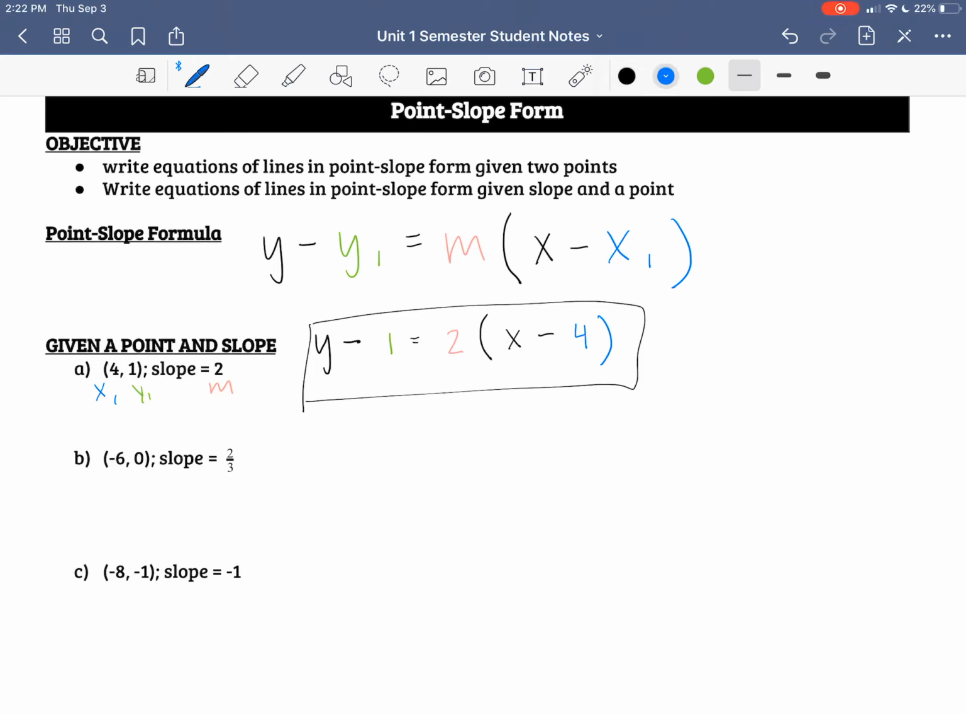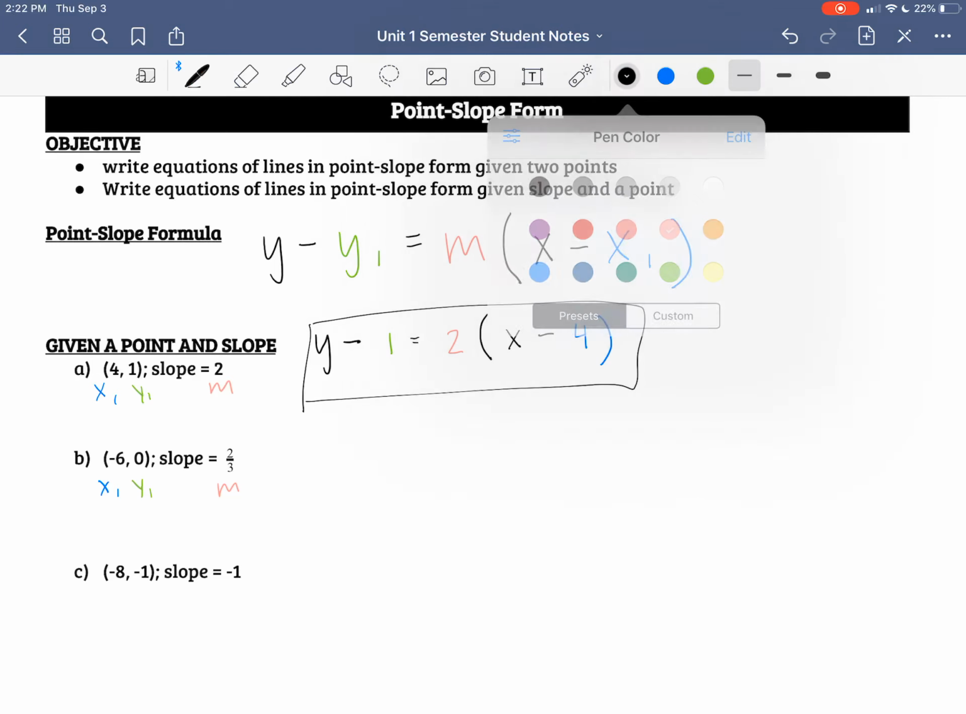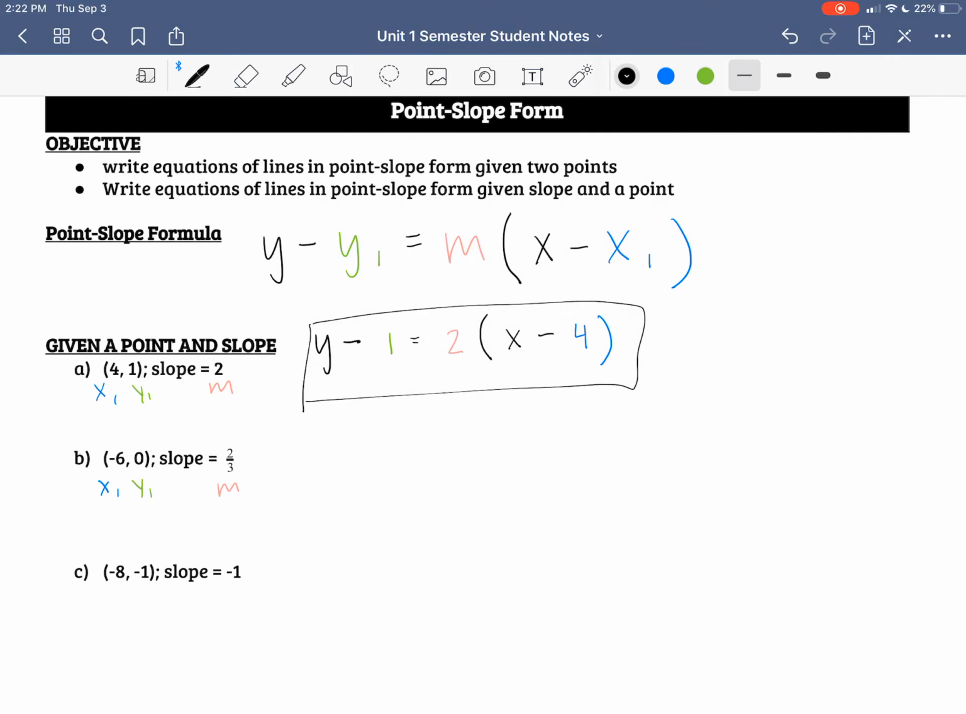So just like the last one, in example B, we have a point. We have the point -6, 0. So I'm going to call that x1 and y1. And again, those matching ones just mean they're from the same point. And then my slope in this one is 2/3. So that's going to be my m. So just like before, I'm going to substitute those values into my equation. So I've got y minus y1 is just 0